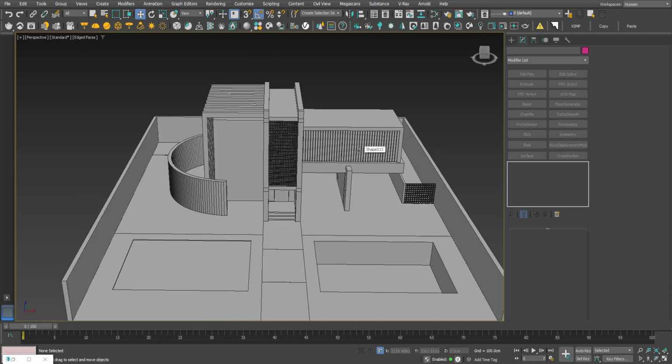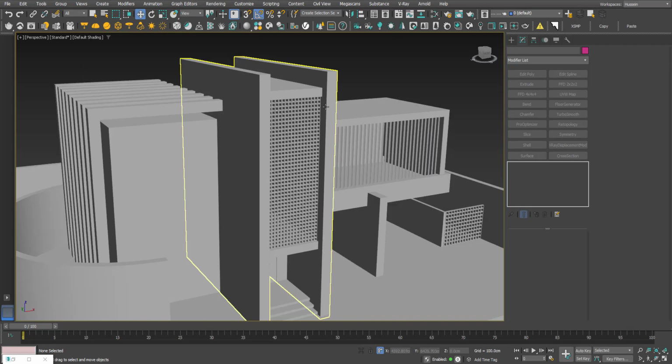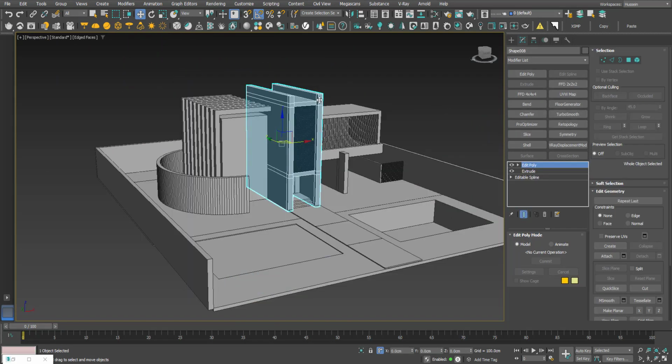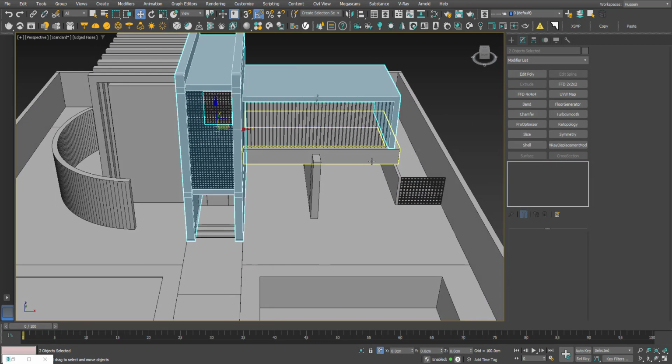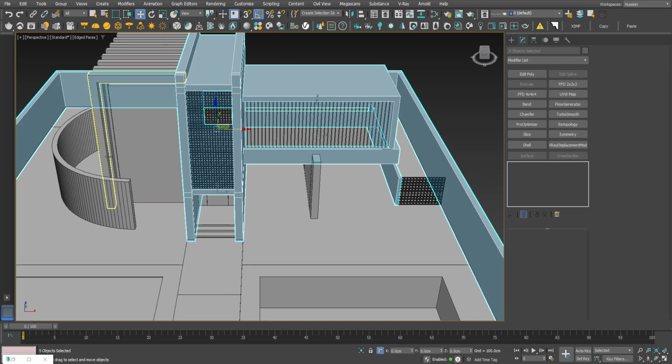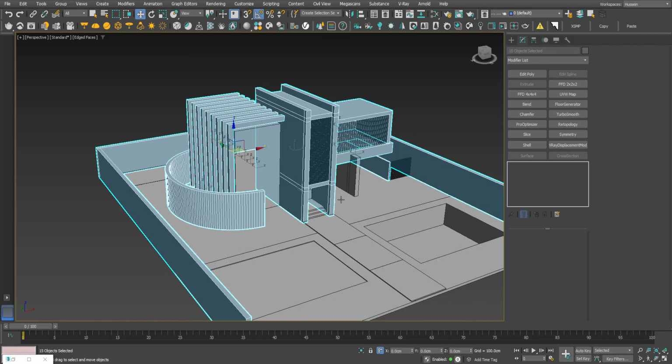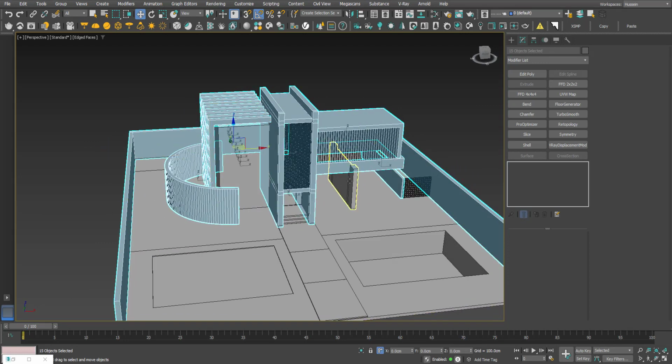Okay, let me tell you something very important. The edges look very sharp, which is not realistic at all, so I'm going to make the edges softer. Let's add a chamfer modifier to all the edges of the scene. There are parts that I will not add a chamfer modifier, because I will apply a displacement modifier to them.